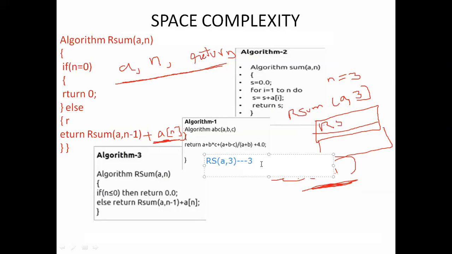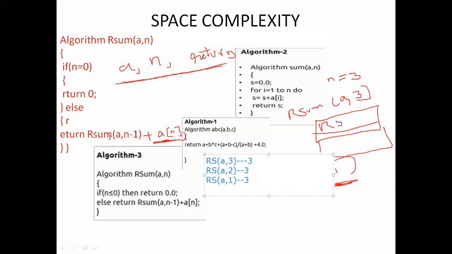Then the second time, when we move into this function, the value of n moves to a comma n minus 1, that is 2. Again we are using these three fixed part variables. Then again we move to a comma 1, and in this also we are using these three variables.